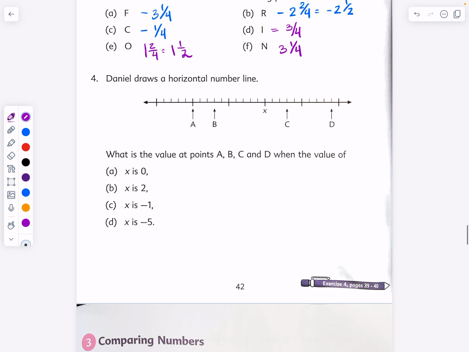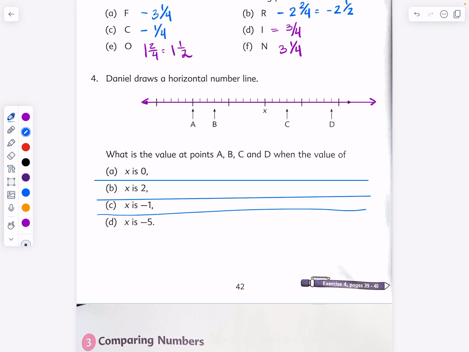Finally, this is a very useful exercise. Daniel draws a horizontal line, right? Let's label the horizontal line. We're going to spend some time on this exercise. What are the values of points A, B, C, D when x equals 0? Here's how I suggest we complete this exercise. We draw a table, and I suggest you do the same thing. We label the rows, we separate the rows,